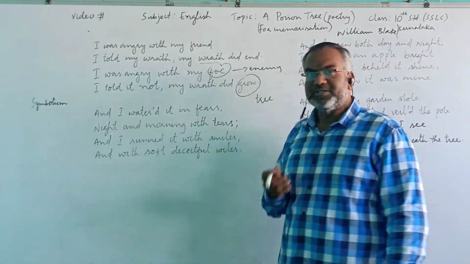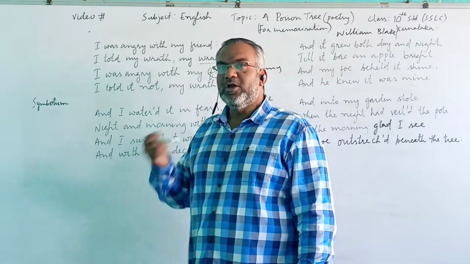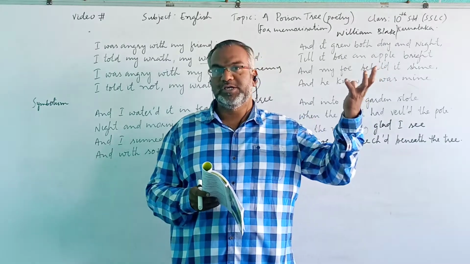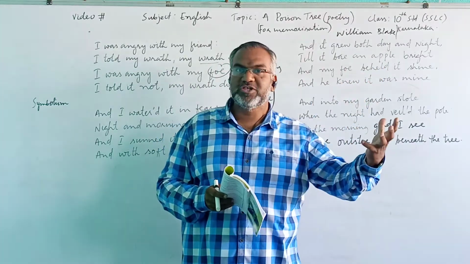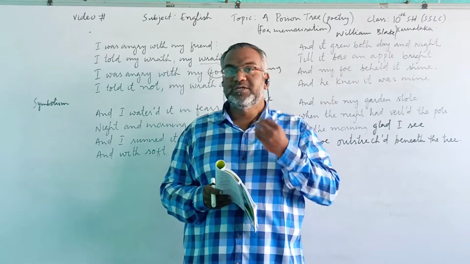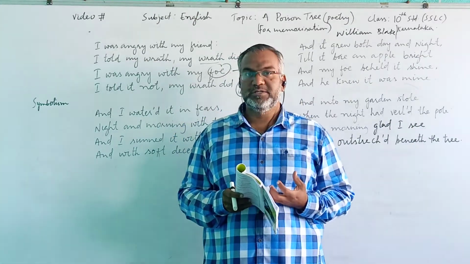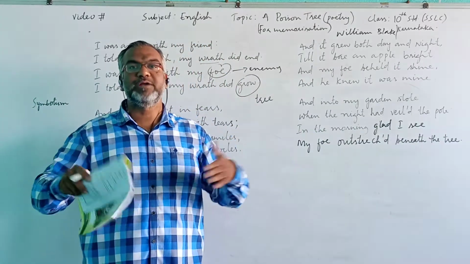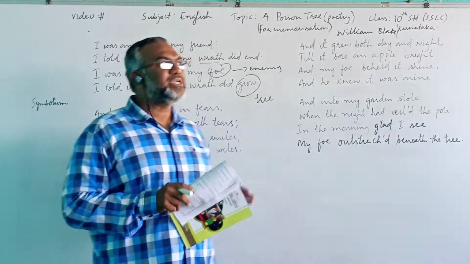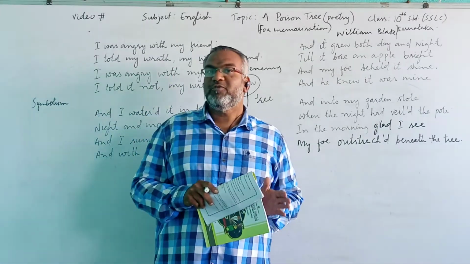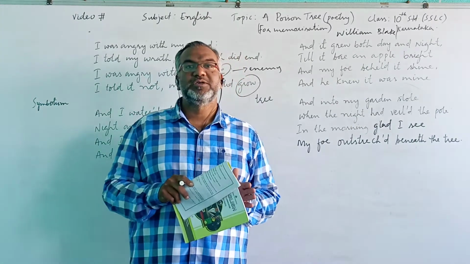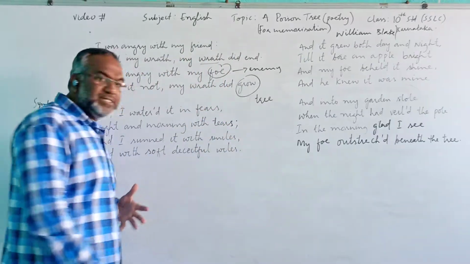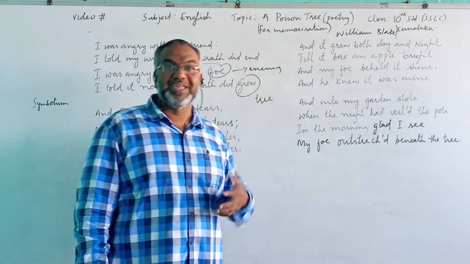Night and morning with tears. And whenever the speaker was alone, he remembered his foe and his actions against the speaker, and he cried. And this thing made the anger grow more and more. So what the speaker says is that the growing of anger was his own mistake. He did it cunningly, scheming,